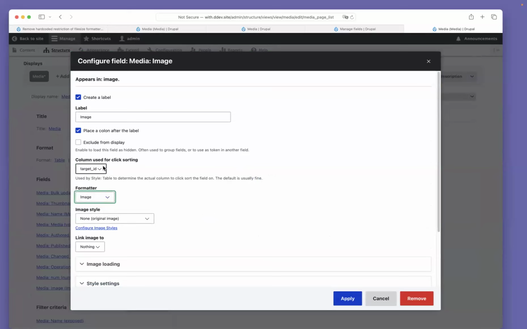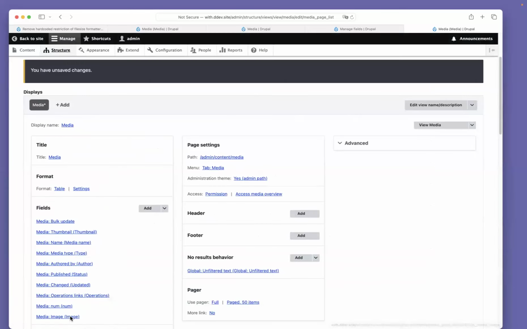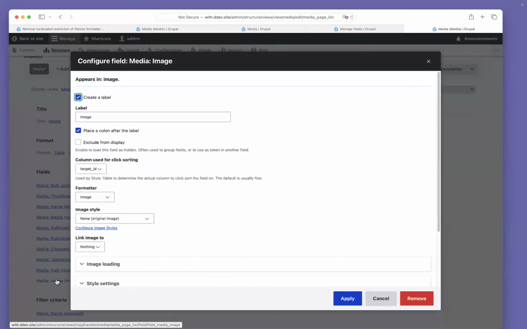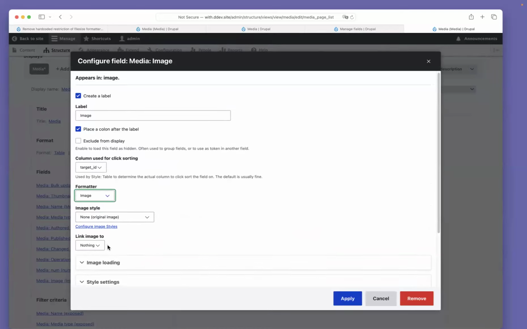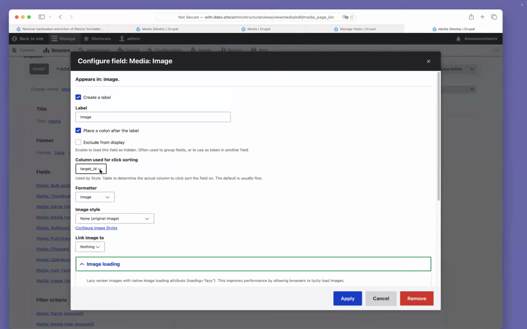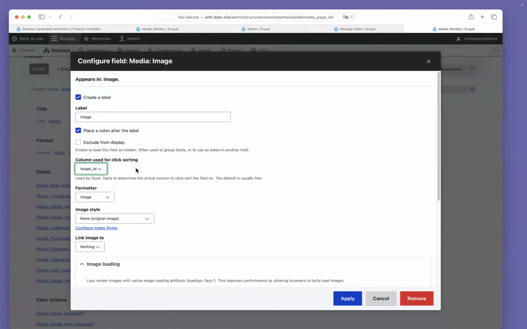Well, image size had at least, so it wasn't a formatter, but it had "none" for the original image size. So there is a related case. Image style has "none (original)" in parentheses. Okay, so yeah, there is